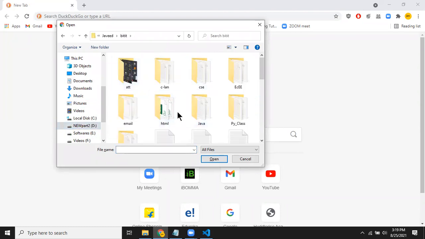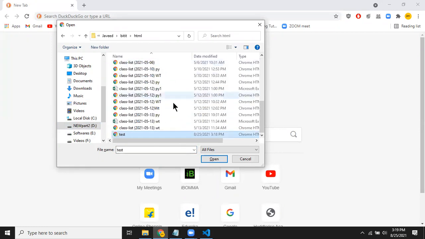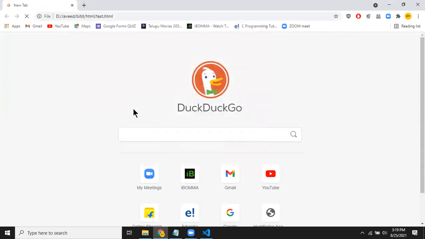Okay, so now I have a folder called HTML, and there I have my file called test. Then I click on it. Now you see that it gives me the message "Hello web users." Now you see the data that was there in my body part, you're going to see it here. So this is what we wrote under the body.